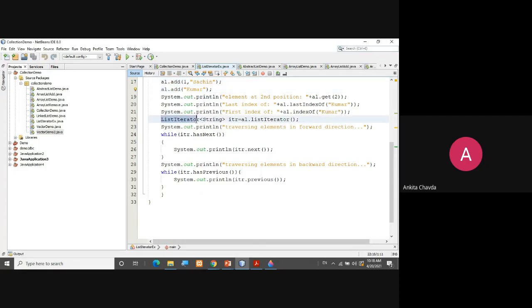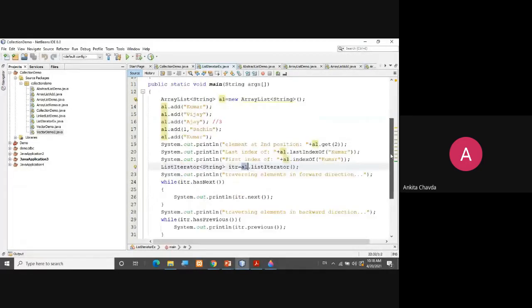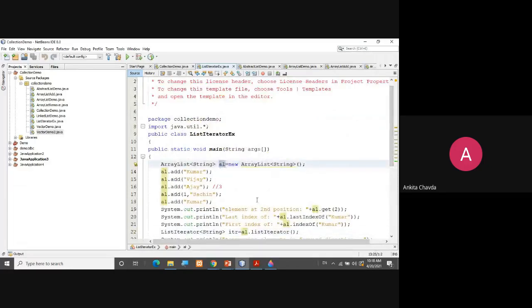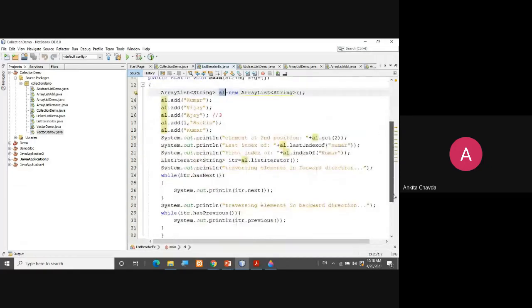But you can see here ListIterator<String> itr equals al.listIterator(). What is al? That is the ArrayList variable name. Via this method listIterator, it will go to the first position of al, say suppose at the 0th index Kumar is there. So right now you can imagine your itr pointer is pointing there, right?